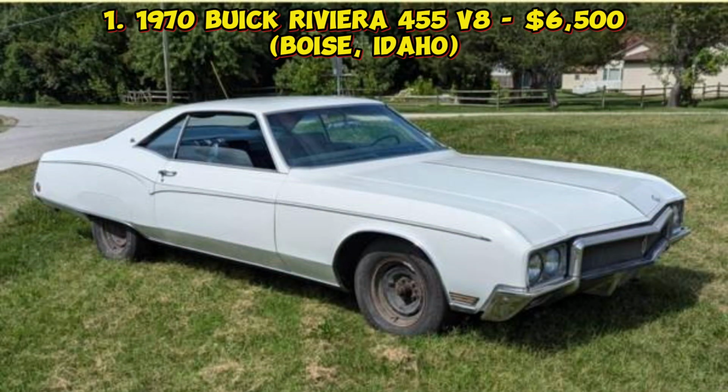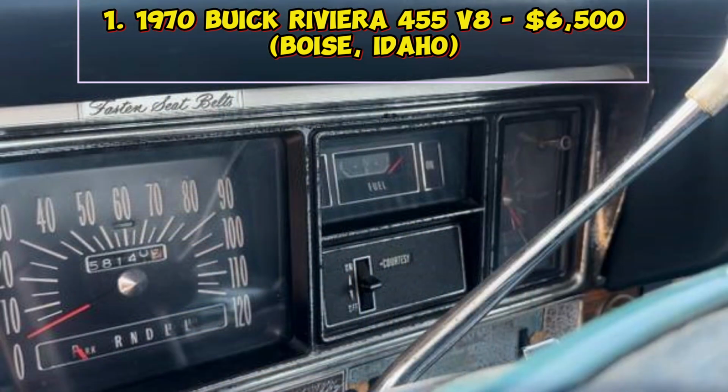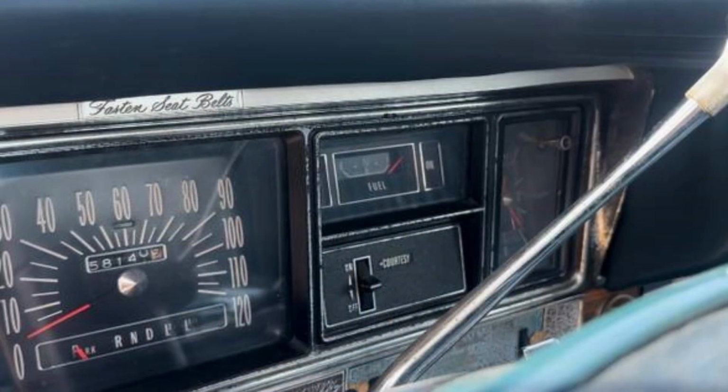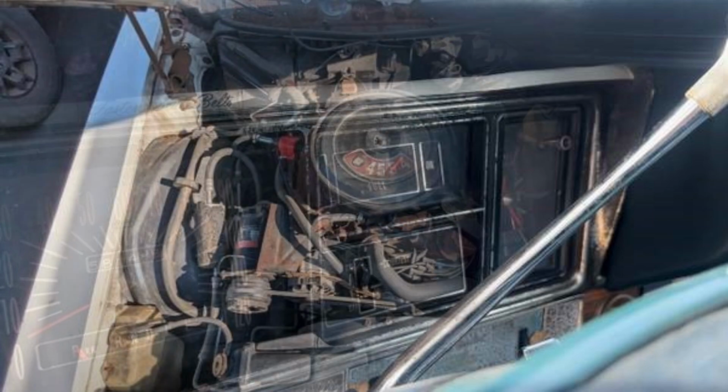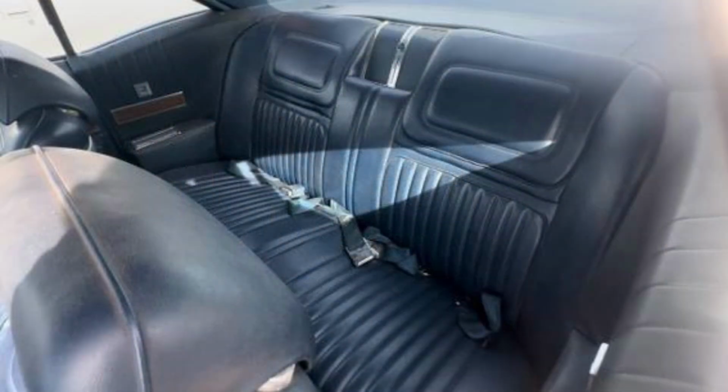1. 1970 Buick Riviera 455 V8, $6,500, Boise, Idaho. This 1970 Buick Riviera, equipped with a robust 455 V8 engine and a 4-barrel carburetor, embodies Buick's classic muscle aesthetic and engineering. Though it's a car with typical rust spots and a need for front brake replacement, it maintains a